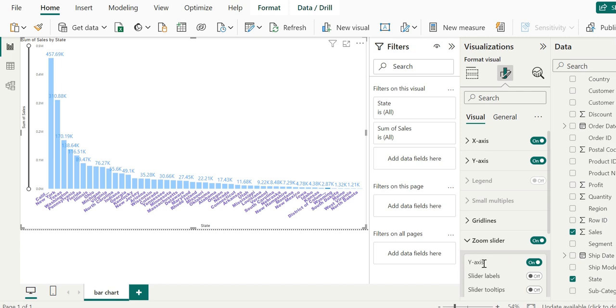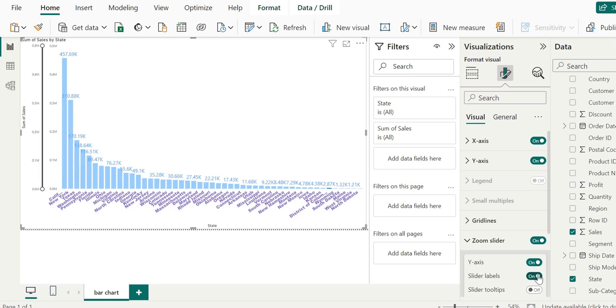Within that card, right at the top there is a toggle button which allows us to specify whether the zoom slider should be on the y-axis or not. By default, that's set to on y-axis. If I set slider labels off, they turn off, and if I set slider tooltip on, it turns on.